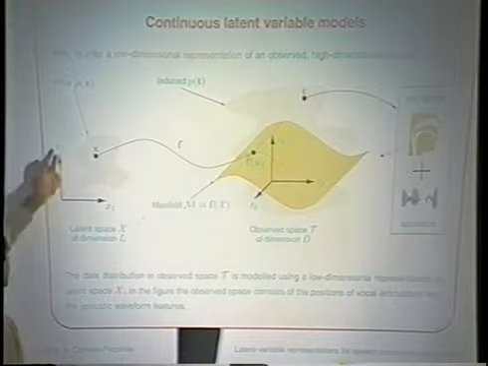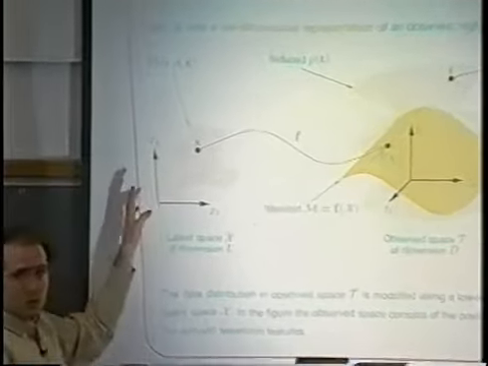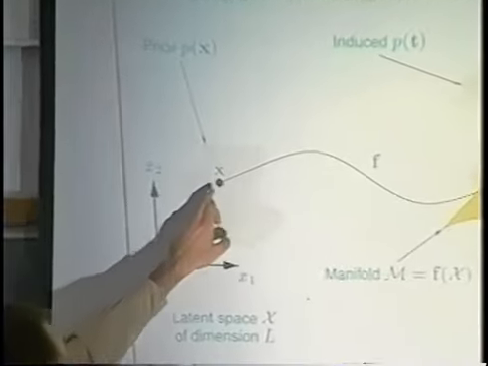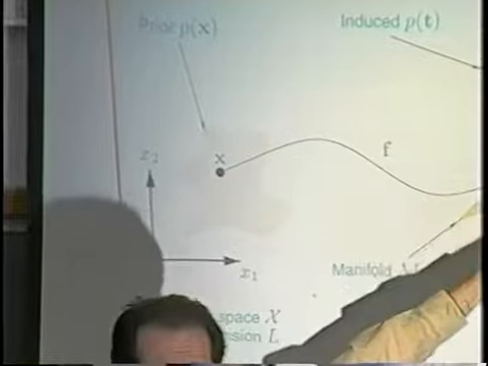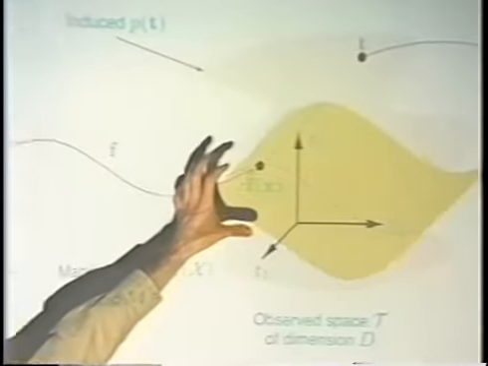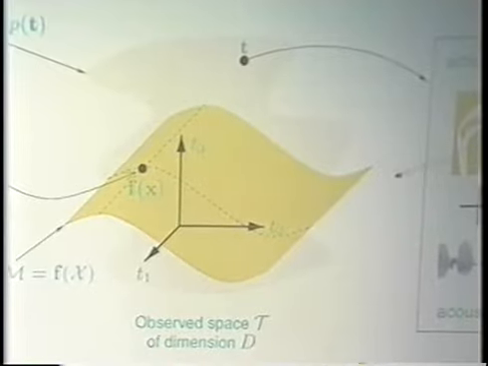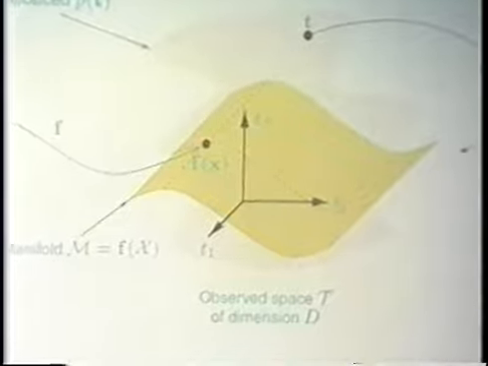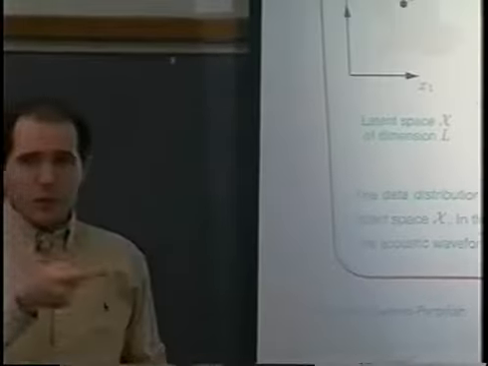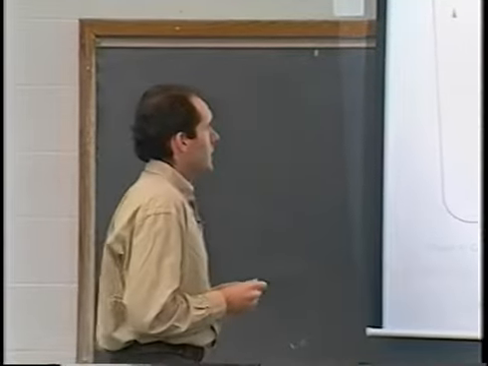Now, the intrinsic representation in terms of latent variable models would be latitude and longitude in that example. You give a value of latitude and longitude that gets mapped to 3 dimensions, and there you add the noise. And you also have a prior distribution in the latent space, which tells you how likely it is that that particular plane is at a particular longitude and latitude. That would depend on, for example, what the route of the plane is.